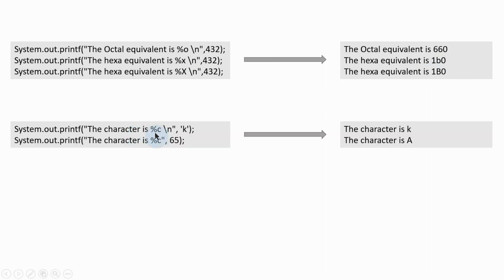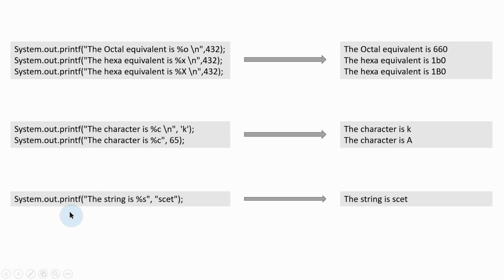Then I am displaying a character by using the format specifier percentage %c. In the first example I have used K as a character. Then that K will be displayed in the place of this format specifier. So in the next example I have used 65. Then the 65 equivalent Unicode character is capital A. Then automatically capital A will be displayed in the place of this character format specifier. Then the output is, the first line is having the character K. In the second line I got the character capital A.